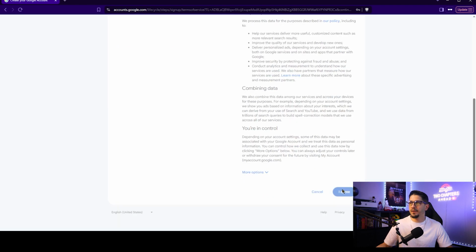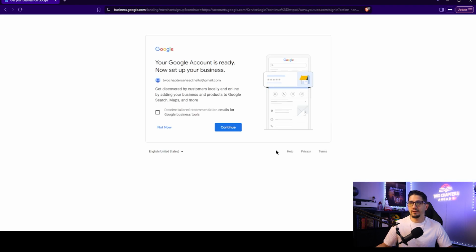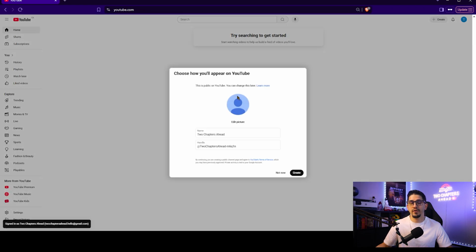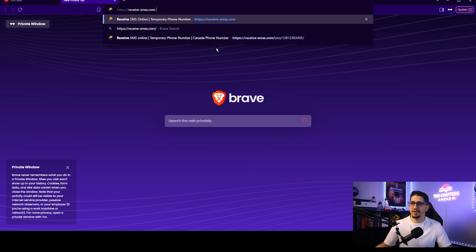Next. Now, there are some errors you might run into, right? So one error you might run into is verifying your phone number. If you've created too many accounts, you will run into an error that says, you have created too many accounts in a short period of time and you need to verify with a phone number. So if your phone number has been used too much, you could either A, just use a friend or family members, ask them if you could use their phone number, or there is a website, which I'm going to link down below, but it's